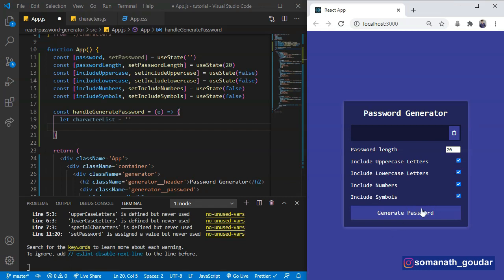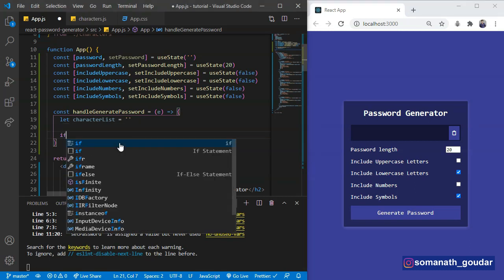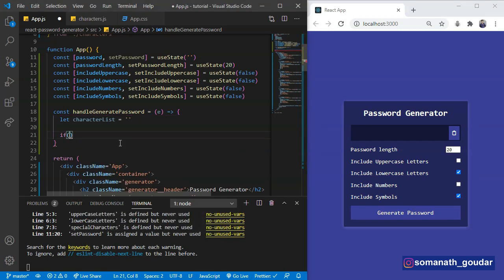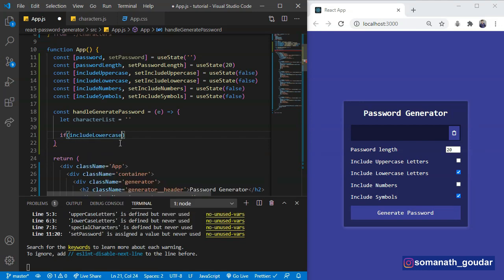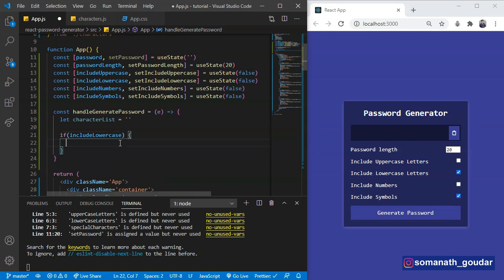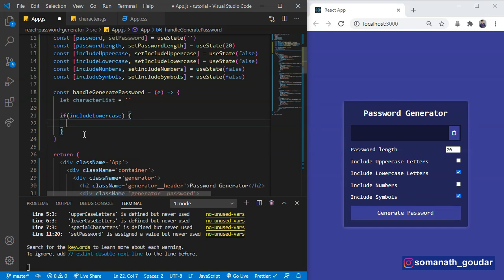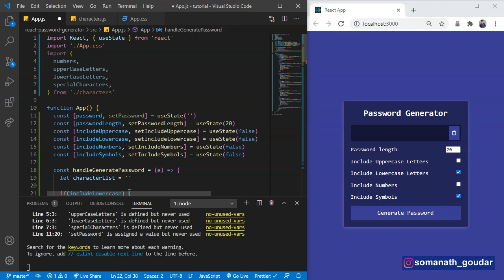Then only we can generate the password, right? So let's have an if statement to check include lowercase. If include lowercase is true, we are going to say character list is equal to character list plus we are going to include these lowercase letters.